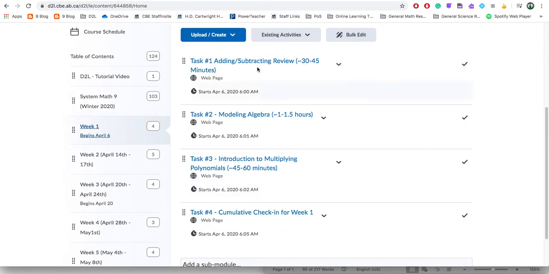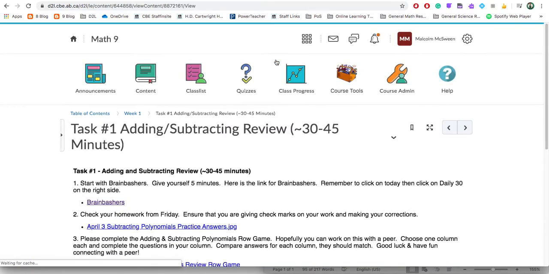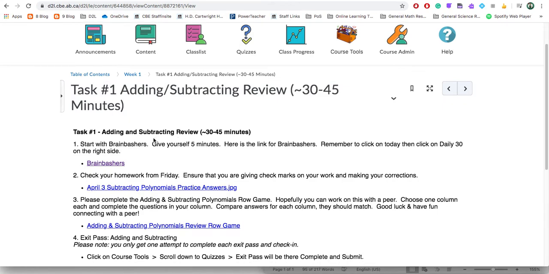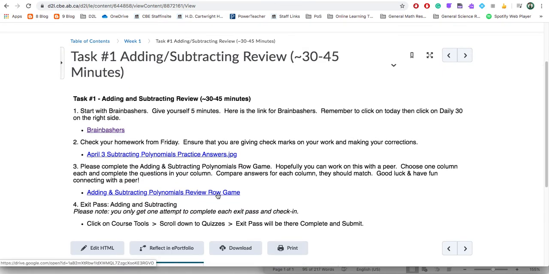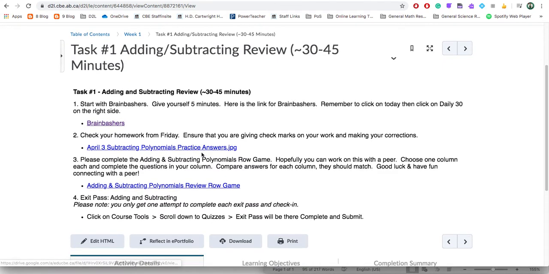Now, on each of these, there are things where there might be check-ins, or it could be a small page with a lesson on it. You can click on the lesson, and you'll see all of your work. The links here will bring you to other things that you might need to work on. And once you've completed all of your work,